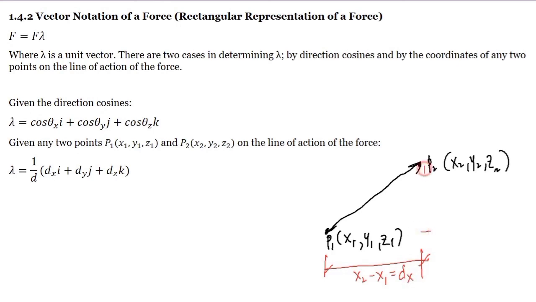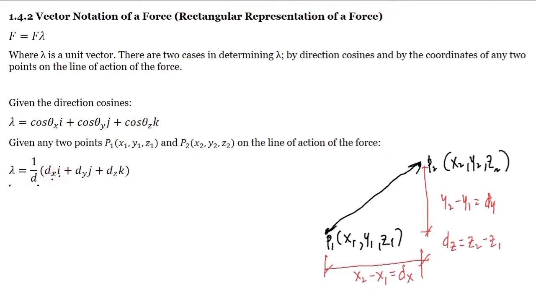The y is the difference between y sub 2 and y sub 1, and this is dy. While the z is the difference between z sub 2 minus z sub 1. With this, the unit vector is equal to 1 over d multiplied by the quantity dx i